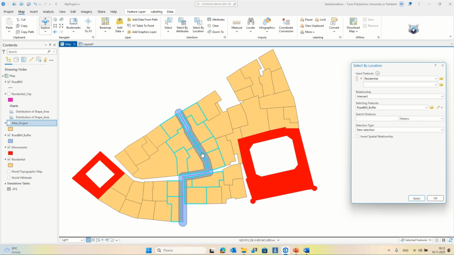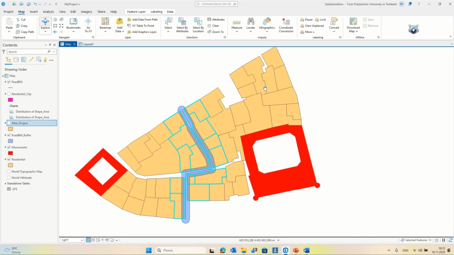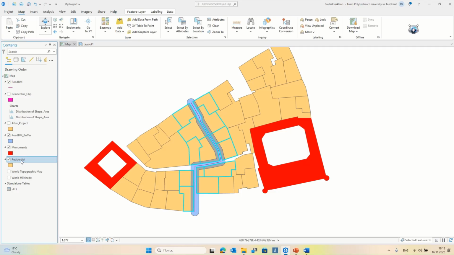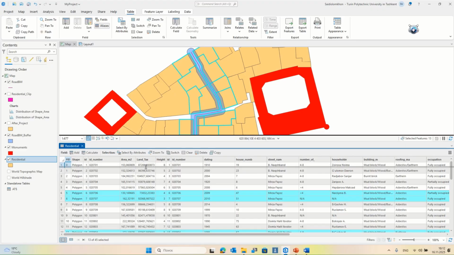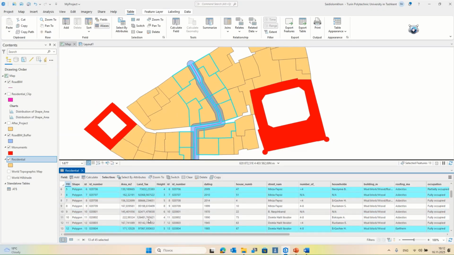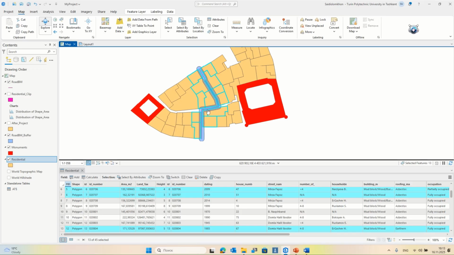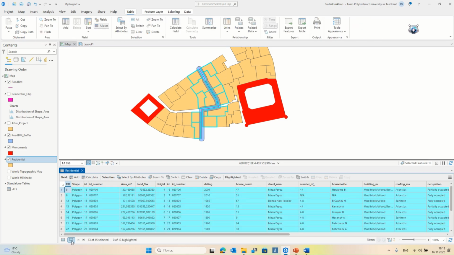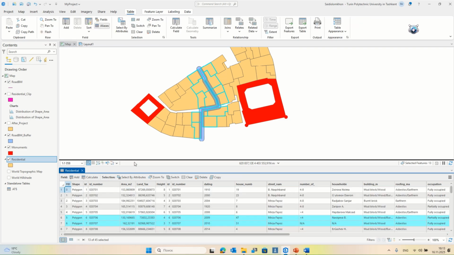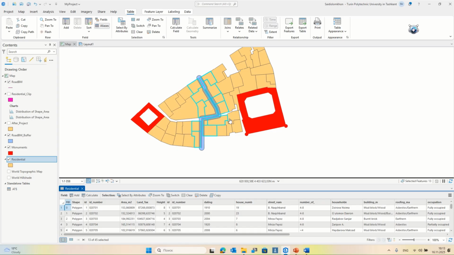Okay, so how many are selected? To see, we need to open the attribute table. You can see here you just see some of them are selected, and 13 of 45 are selected. That means this buffer vector file intersected 13 houses. Okay, good. This is the 13 houses. Okay, perfect. And again,